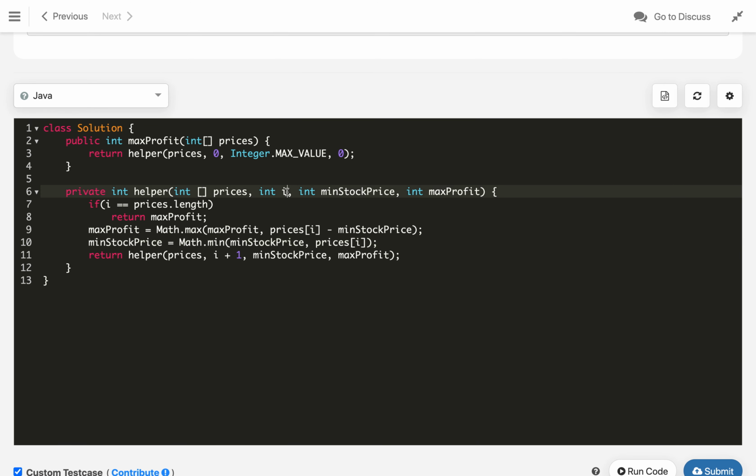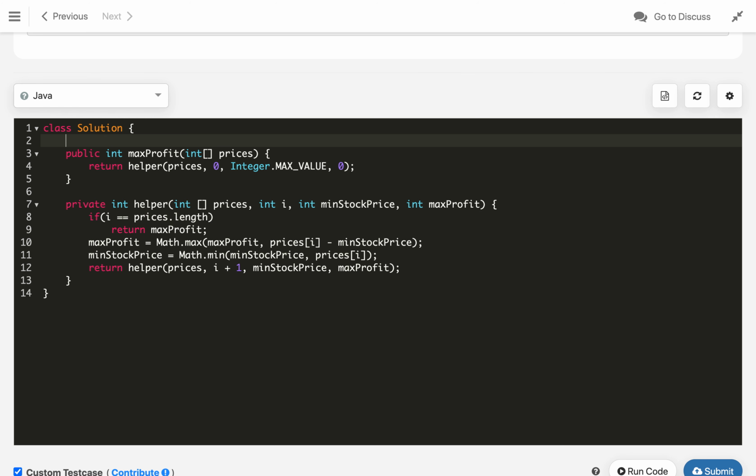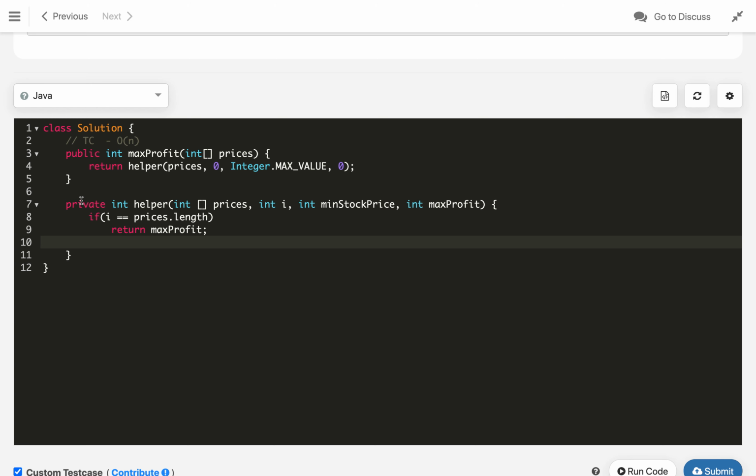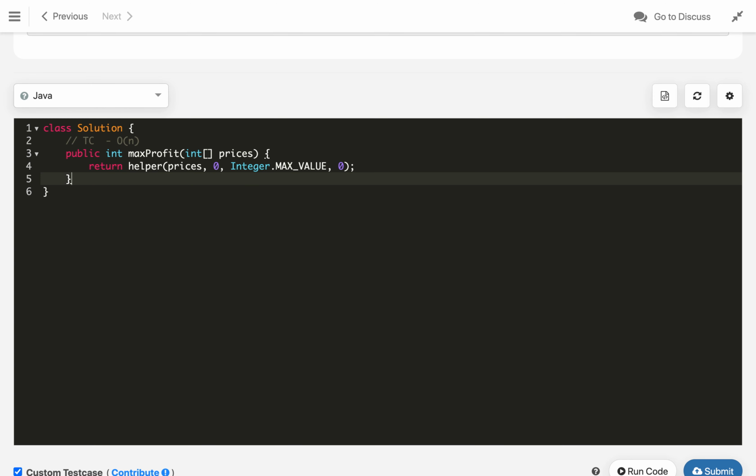So what is the time complexity? If you see, i will go from 0 to the length of the array, which is, let's say, n. So the time complexity of this solution is O of n. We can also convert this recursive code into iterative code. So just take these variables out of the picture, we will remove these, guys.